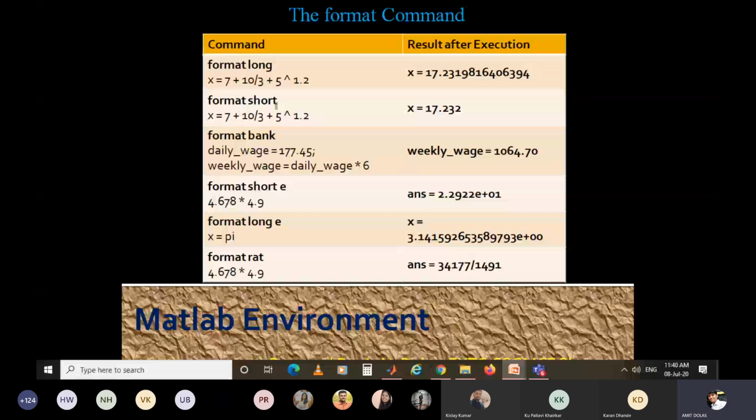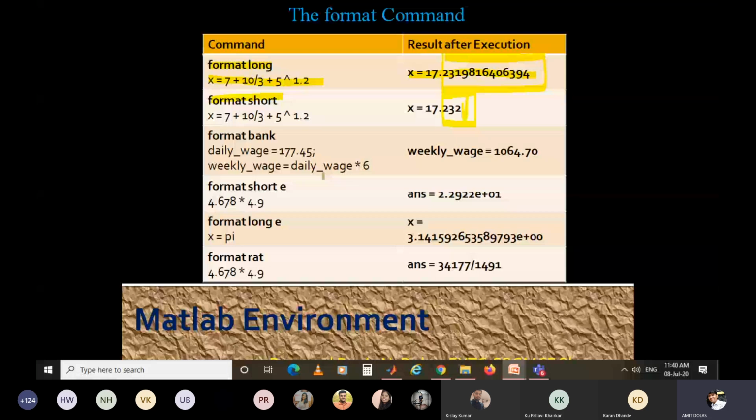With format long, you can see there are 16 digits after the decimal point, if those are available. With format short, there are only this many digits. Format short gives 4 decimals, but the fourth is not there in this calculation, that's why it is 3 only.